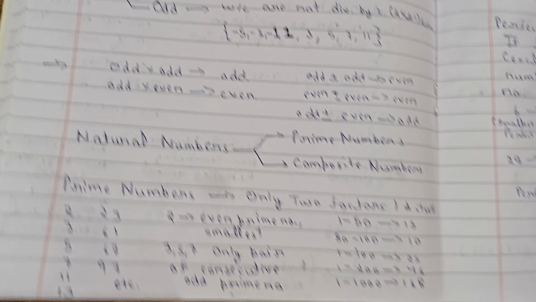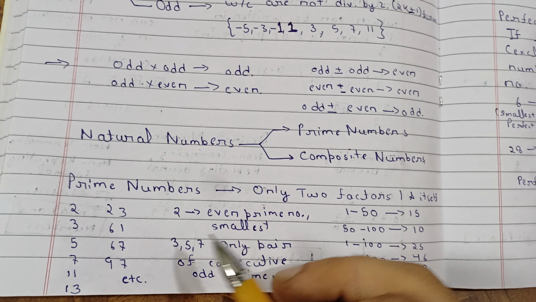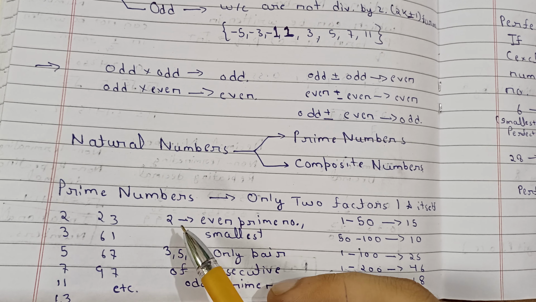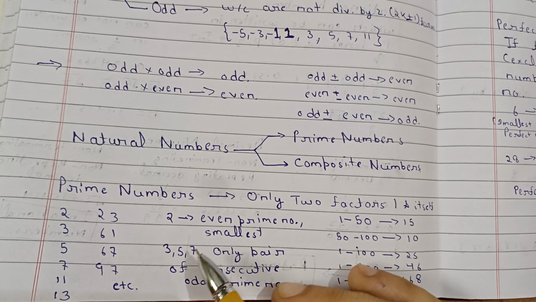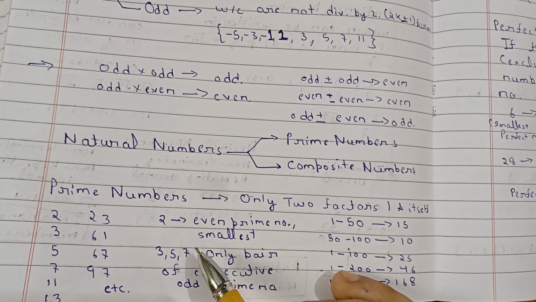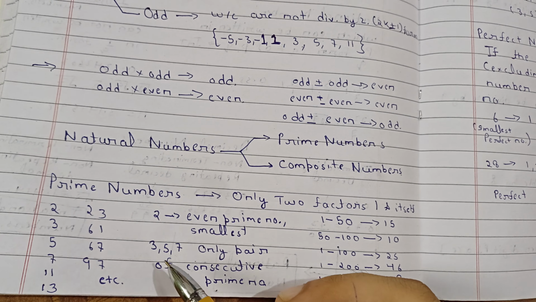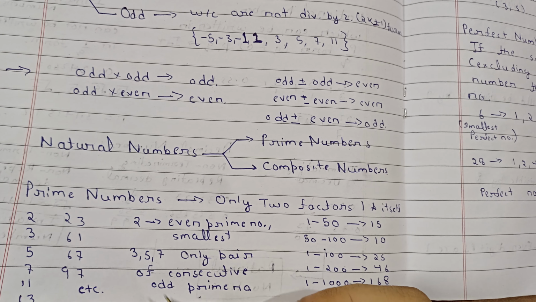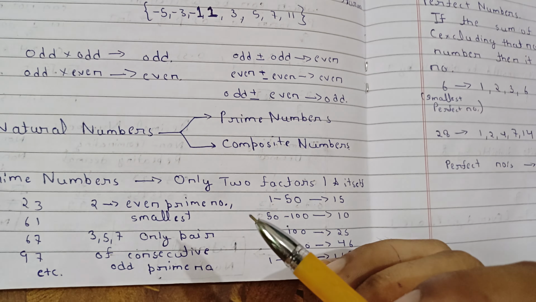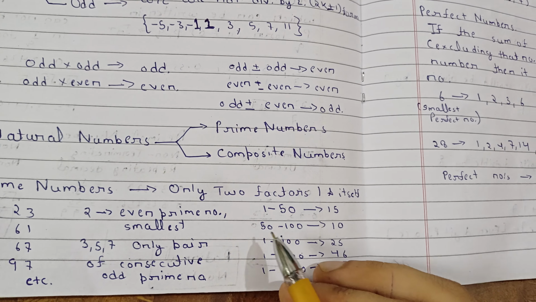So these are prime numbers: 2, 3, 5, 7, 11, 13, and so on. 2 is the only even prime number, and it is the smallest prime number. And there is only one group of consecutive odd prime numbers, 3, 5, 7, meaning there is a difference of 2 between them all. 3, 5, 7. And remember this: from 1 to 50 we have 15 prime numbers, 50 to 100 we have 10